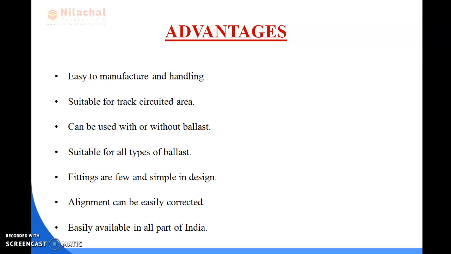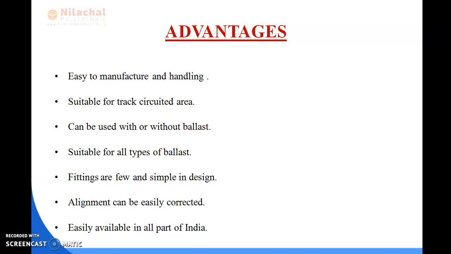It can be used with or without ballast, because it has sufficient resisting power, and it is suitable for all types of ballast, whatever the shape and size of the ballast we are using. This is suitable for all cases. Also, fittings are few and simple in design, because whenever we use wooden sleepers, too many fittings would make them crack. That's why the fittings are few and simple in design.